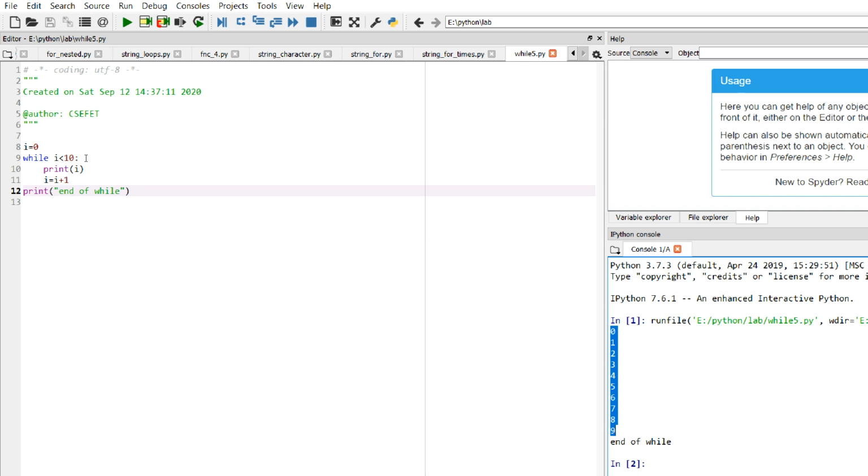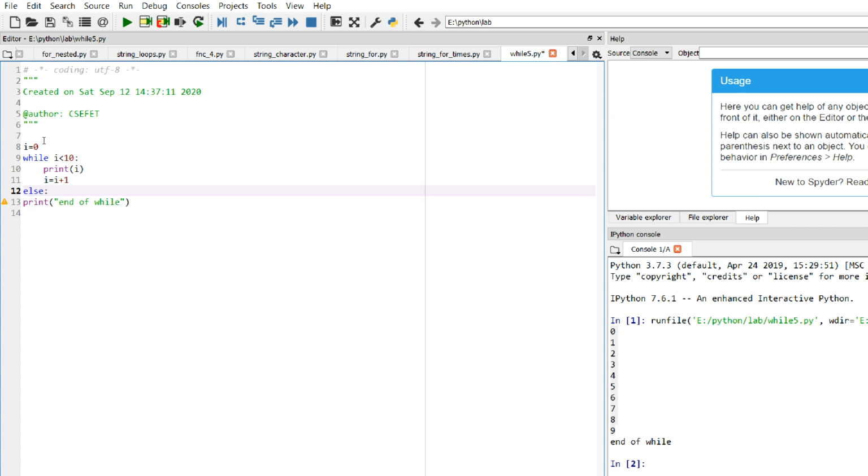There is another alternative to while, though it is rarely used, like if else. We can also use while else. Now how do we use while else? We come out of the while and we put an else. But before I explain the syntax, let us see why it is sometimes required.